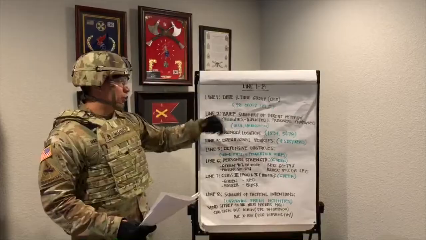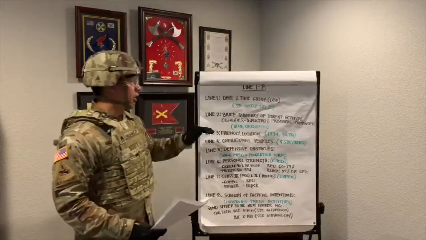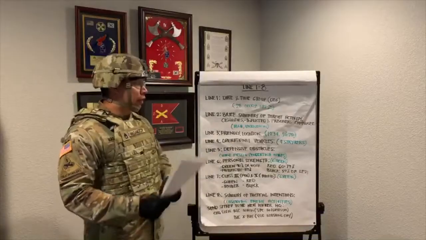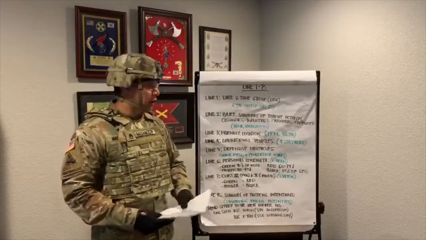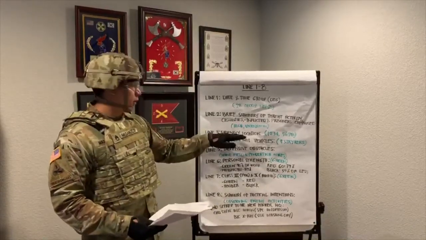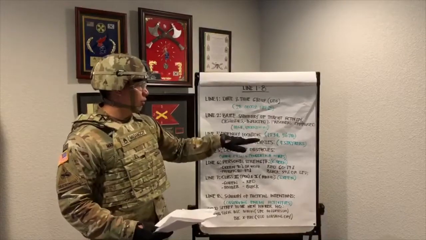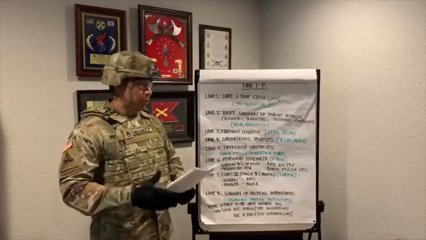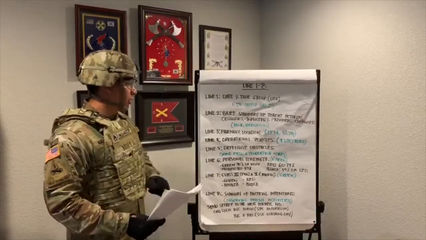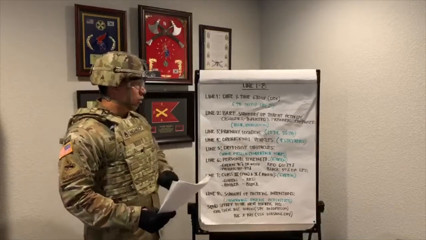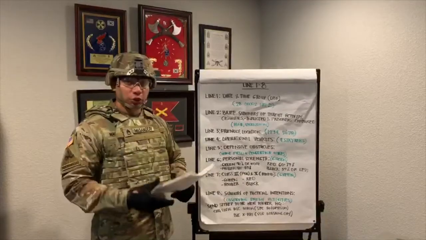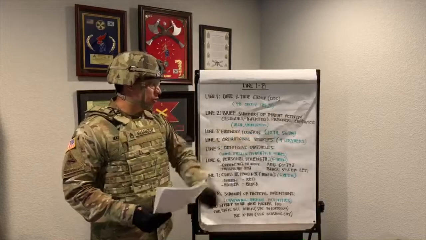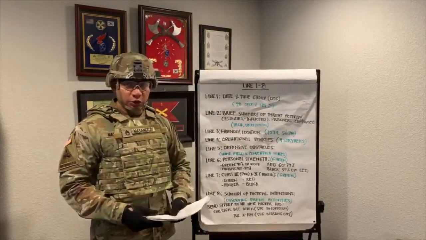Line 2 is the summary of threat activity, casualty inflicted, and prisoner captured. So if there are enemies in the area, you always want to put high. And for the casualty inflicted and the prisoner captured, I put unknown for class purposes. Line 3 is the friendly location. You need to be able to pinpoint your location using a map, protractor, and a marker. Preferably, you want to put an 8-digit grid to be